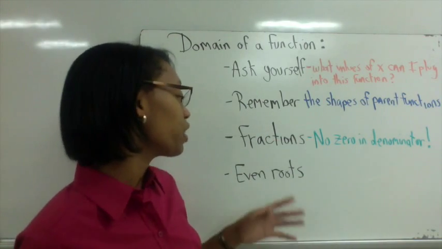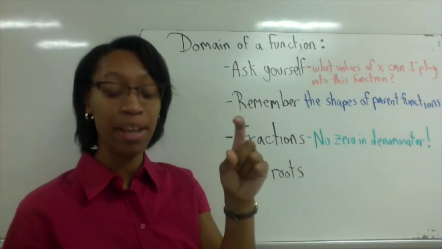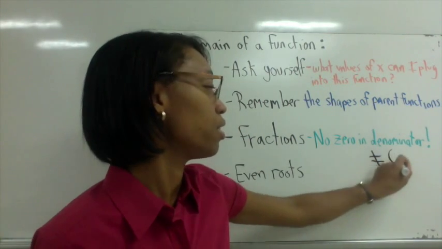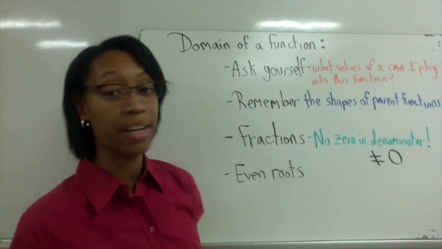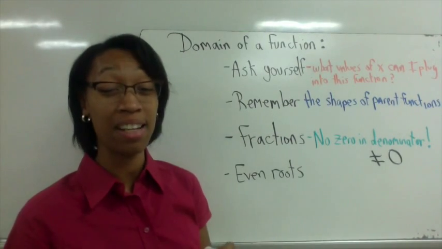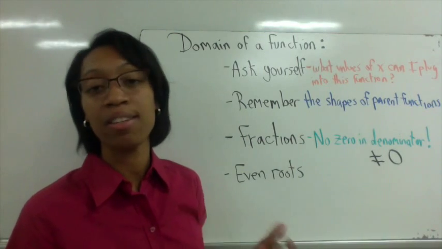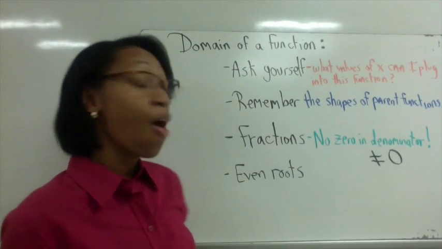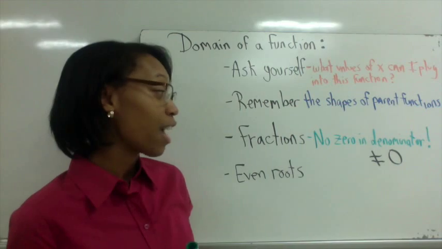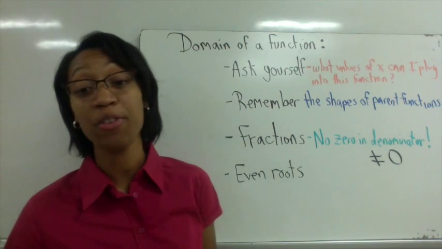And what you're going to do is take whatever that denominator is and say that the denominator cannot equal 0, and then solve. You'll be able to figure out what the denominator can't be. All right, and the other thing that you have to look out for when you're trying to find the domain